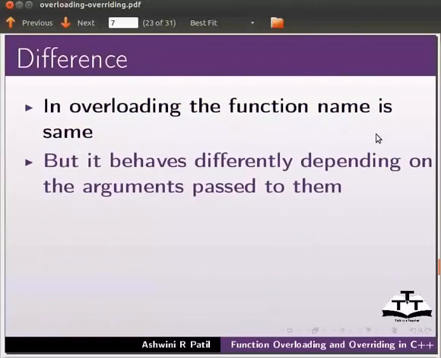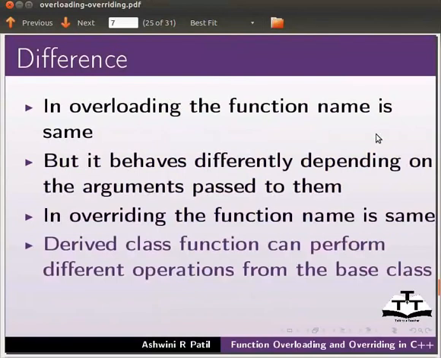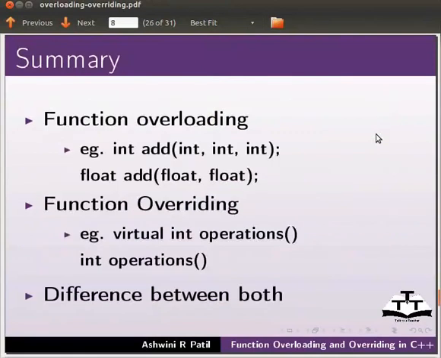Let us switch back to our slides. Let us see the difference of overloading and overriding. Overloading can occur without inheritance. Overriding occurs when one class is inherited from another. In overloading, the arguments and the return type must differ.